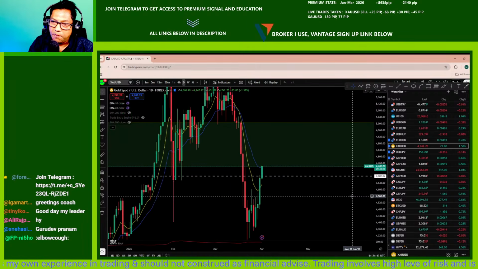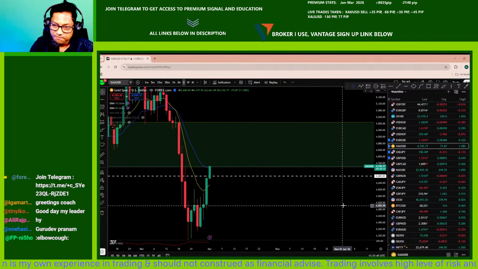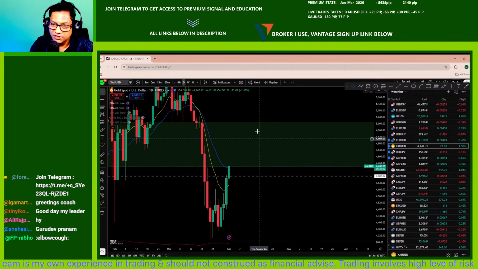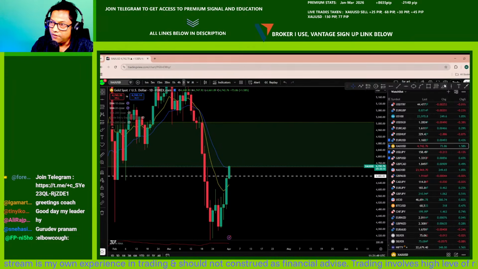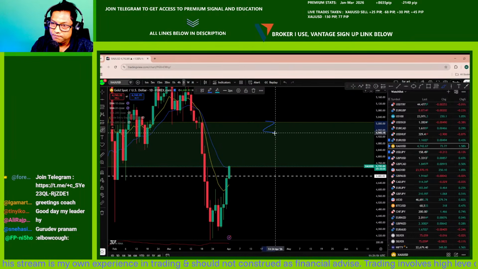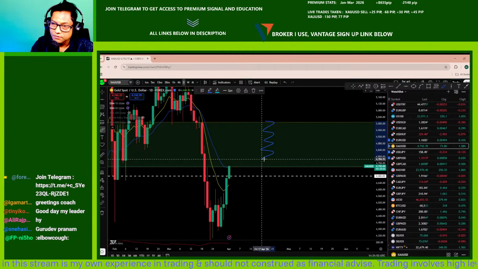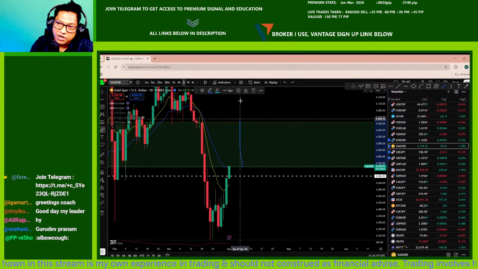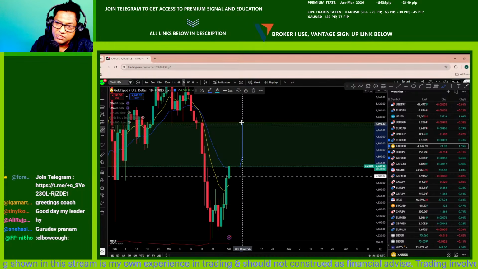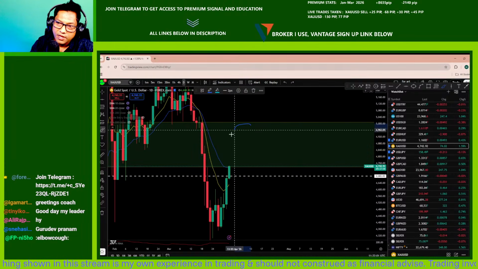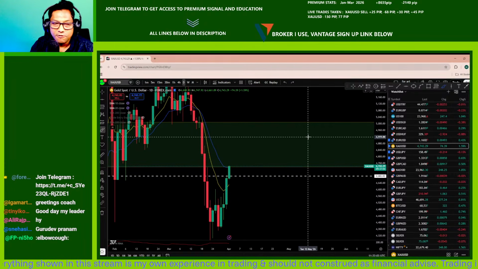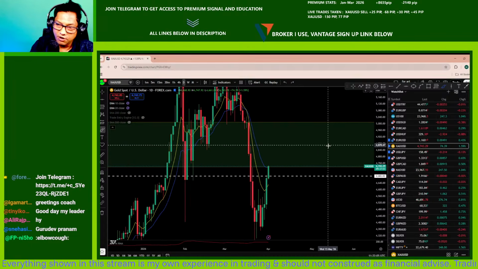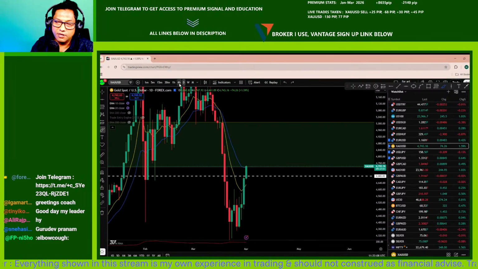And with this uptrending market structure, if you look at, there is an imbalance here. All right, so the market is approaching that imbalance, and chances are that the price is going to go and fill that zone potentially to create a new higher high. So we saw that on daily and